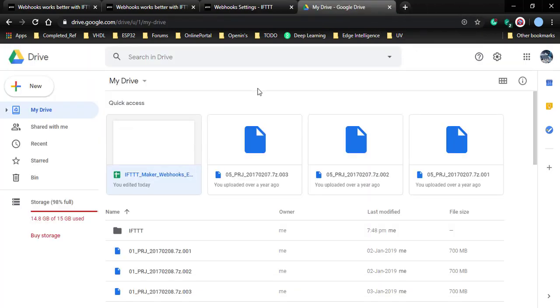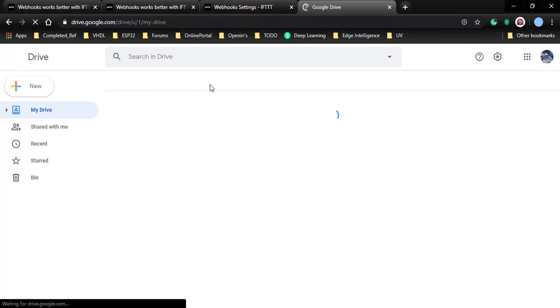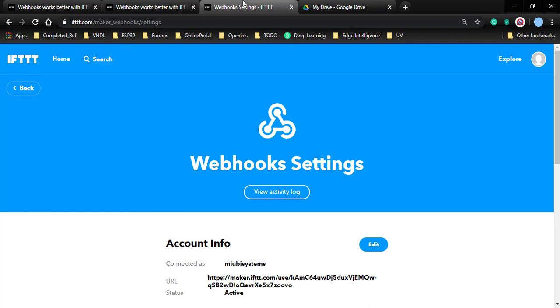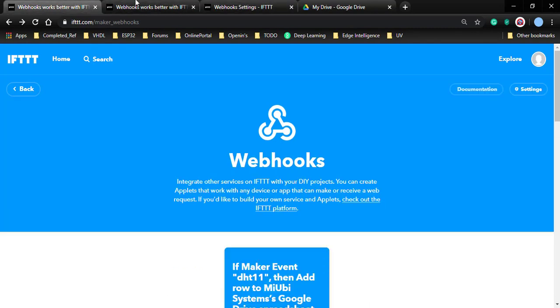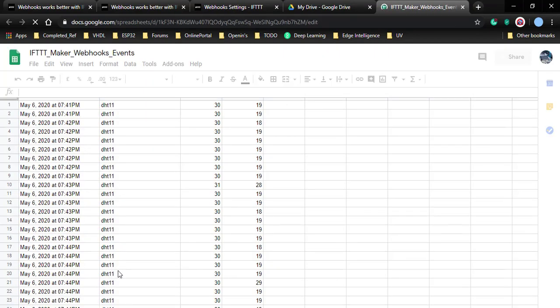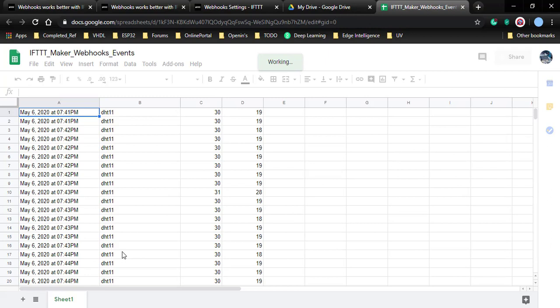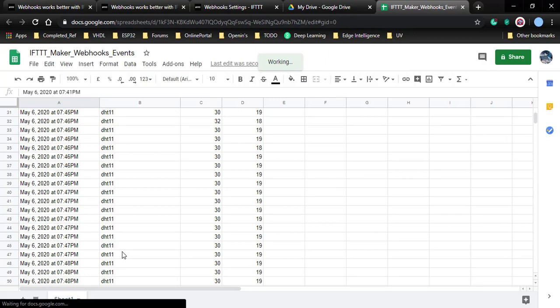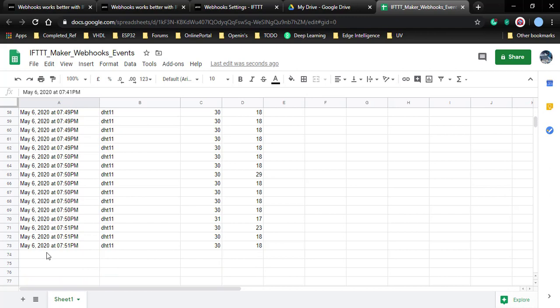Let me close this. Wait for a second. Refresh my drive. Not required, in fact. Okay, let me open it again. Anything updated? Last value was 70, I remember. Yeah, 72, 73. Yes, things are happening. 74. Wow, live updated. Pretty nice. This is how we deal with updating temperature and humidity data onto our Google Drive.